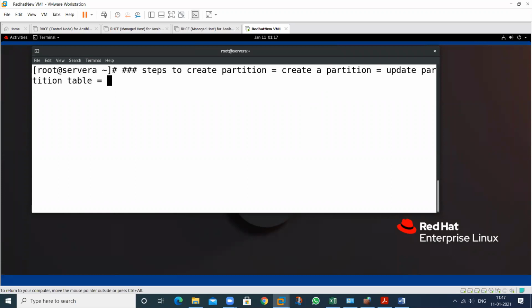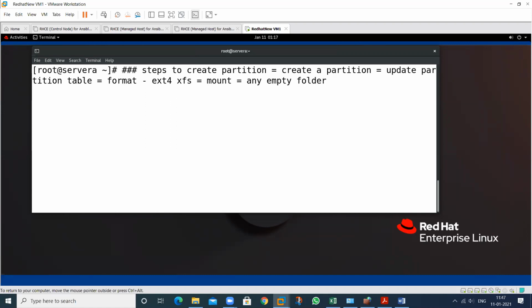After updating this, you should format that particular partition by using a utility, by using ext4, the latest functionality XFS, any type of file system. After the formatting, you have to mount that particular partition in any empty folder.